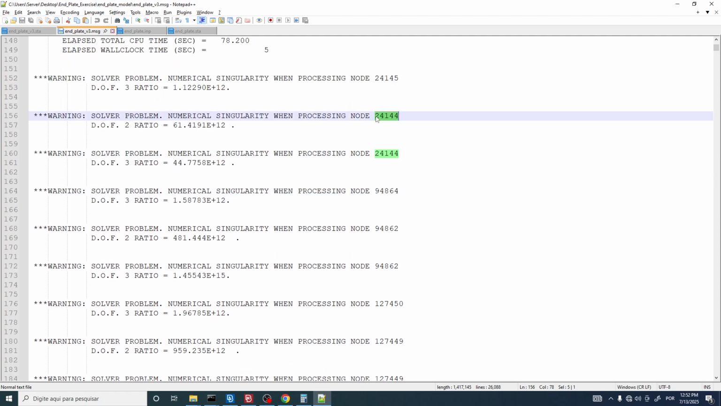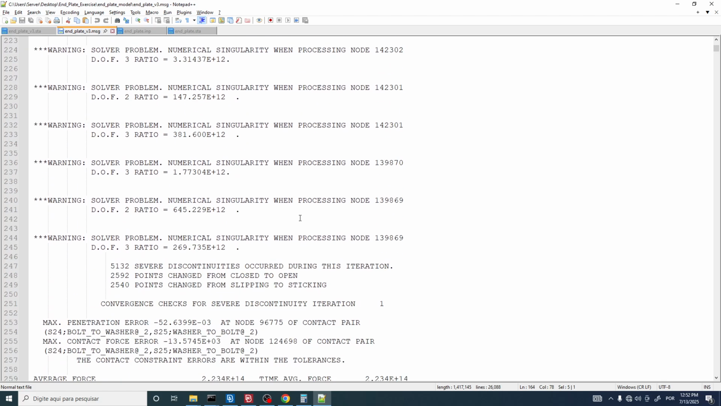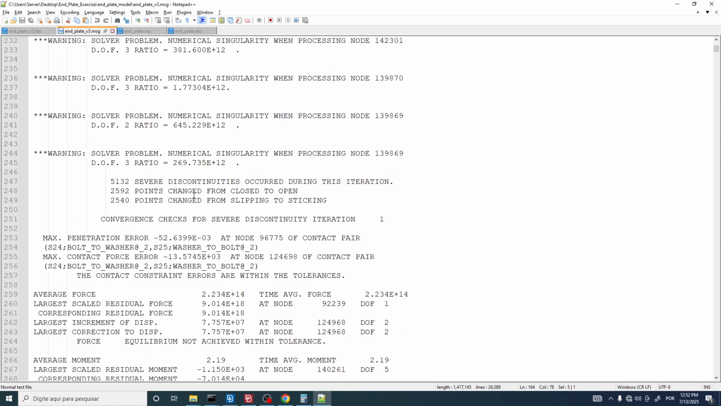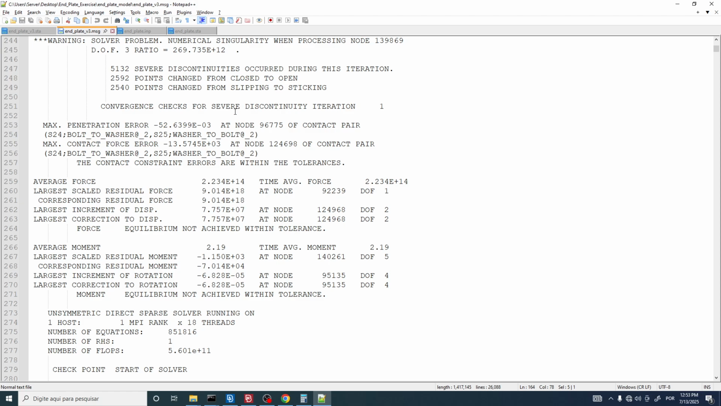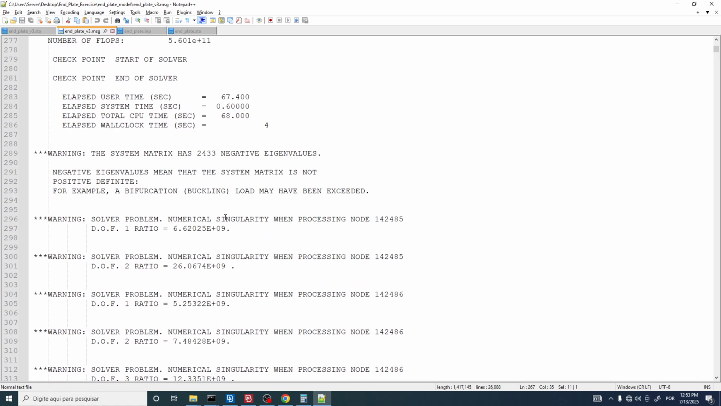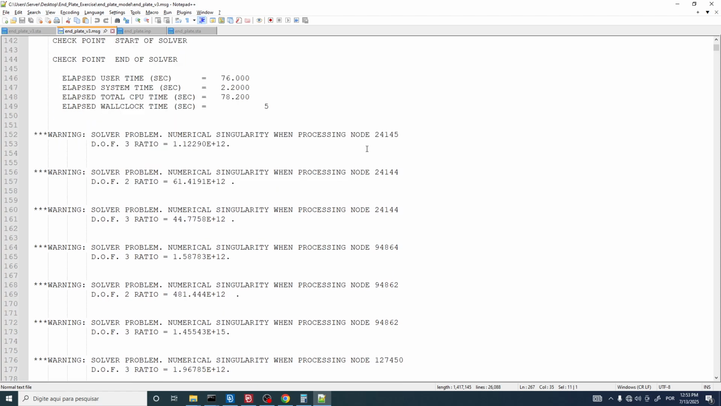For this node in these 2 degrees of freedom, and well, for many nodes here, right? And then after this warning, we have the equilibrium iterations. The residual force is very, very large. Residual moment is very, very large. Nothing converges. And so what we should do in this situation, we should search in the module this node, and